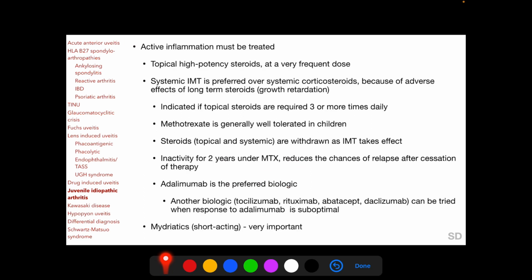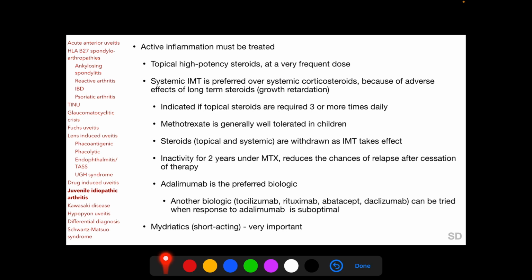Active uveitis should be treated, and topical high-potency steroids at a very frequent dose are to be initiated as early as possible, and it is very important to instruct the parents to shake the bottle vigorously before application of the drug. Systemic IMT or immunomodulatory therapy is preferred over systemic corticosteroids because long-term administration of systemic corticosteroids have serious adverse